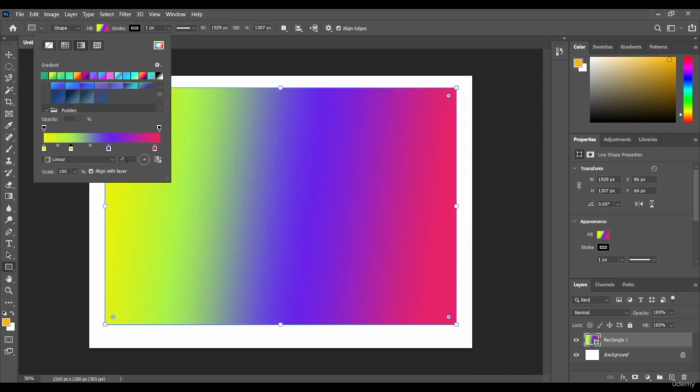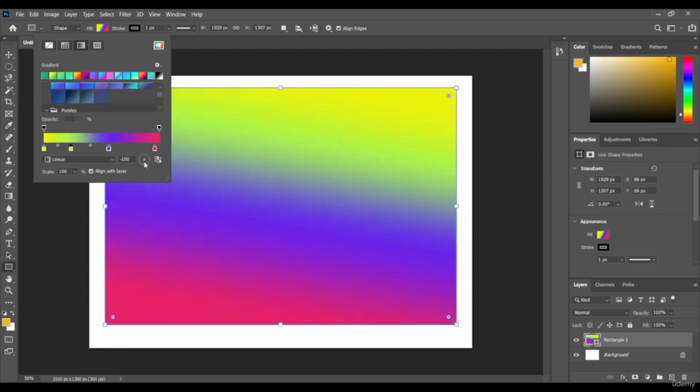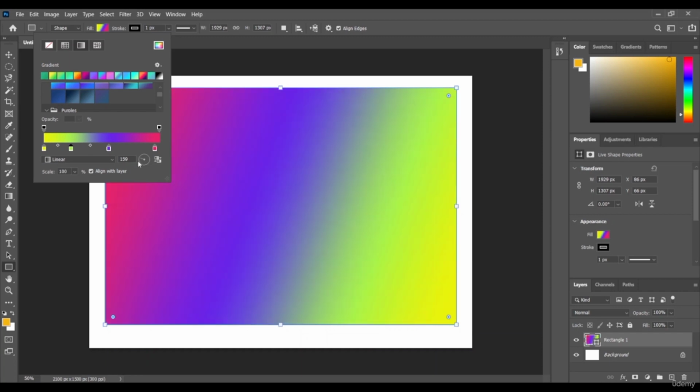Right now I have -7 degrees and this is the output. This is my -100 degrees. This is my output. This is 159 degrees. 128 degrees, 170 degrees, 64, 46. So this is the angle in which way you want to keep the